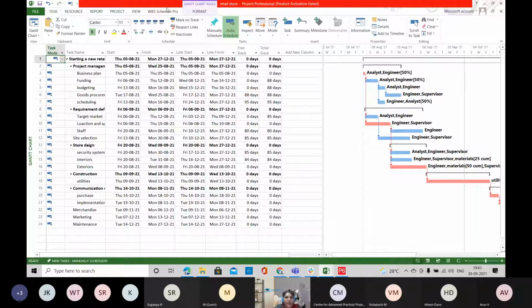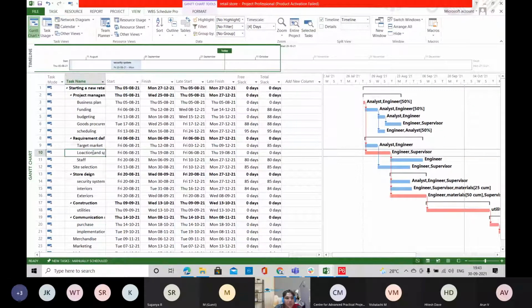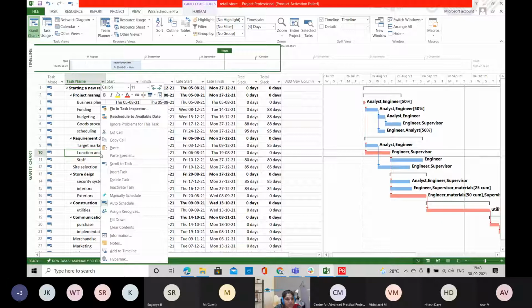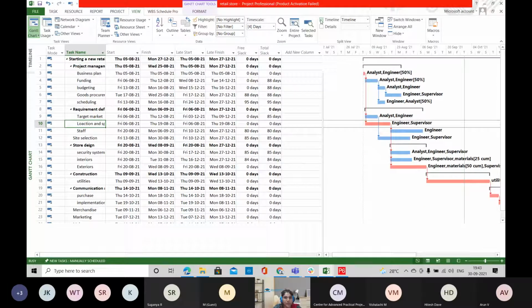So next we'll be having the timeline view. Timeline view is nothing but if you want to emphasize a particular activity or highlight some of the activities, you can do it using this timeline view. You can right click the activity and go for add to timeline. This will add your task to the timeline and it will highlight your task. You can use this timeline to copy it to any other presentation, or you can present it in your meeting, or you can take a print. So this is the use of timeline view.